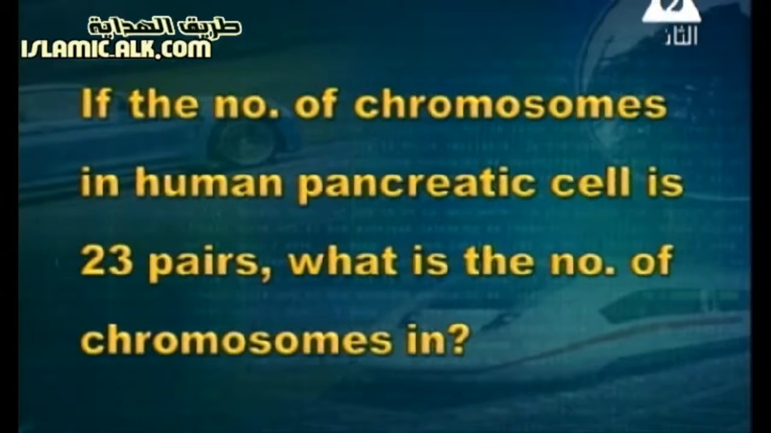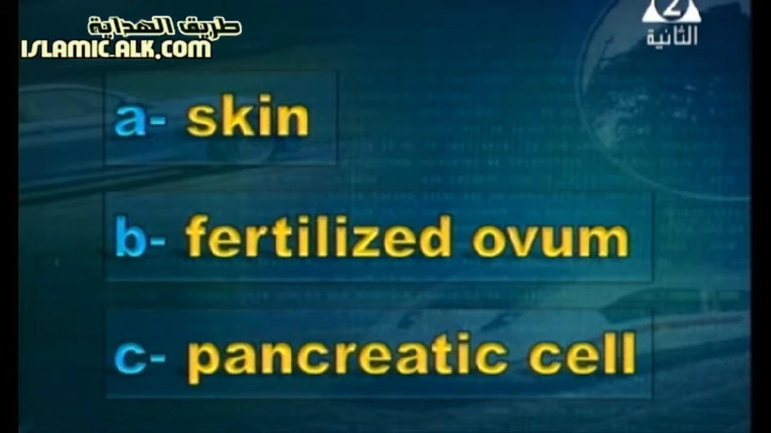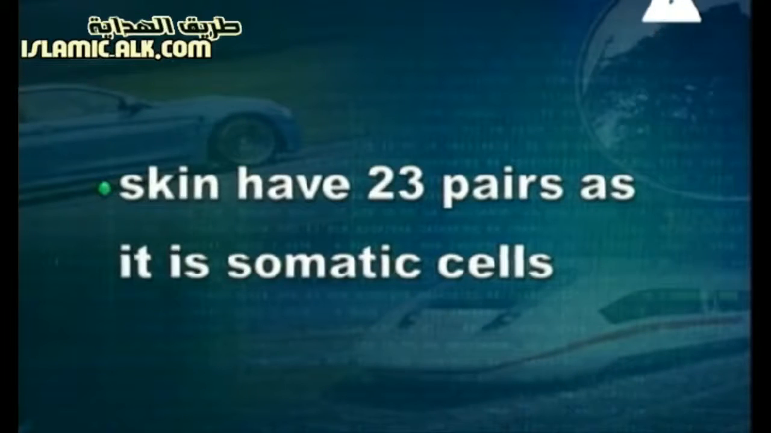If the number of chromosomes in a human pancreatic cell is 23 pairs, what is the number of chromosomes in skin cells? Options: number 2, fertilized ovum; number C, pancreatic cells. The skin cell will have 23 pairs, as it is a somatic cell,